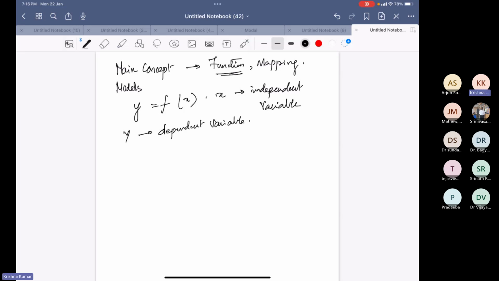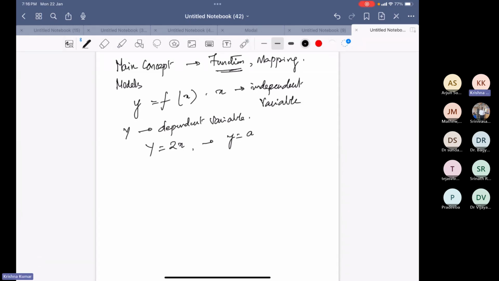So, the simple example is just y is equal to 2x. So, if x value is 2, y becomes 4, and so on. So, the functions, we'll see different types of functions. Functions can become complex. So, y is equal to a quadratic form, say 2x squared plus 3x plus 4, can become much more complex as we see different types. It can be an exponential form and so on.